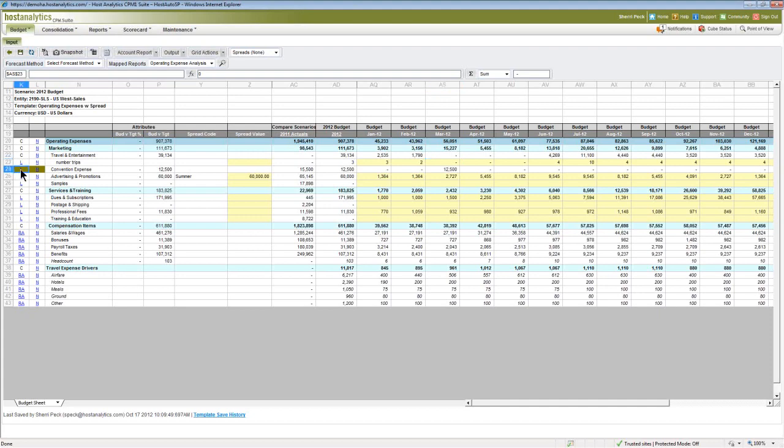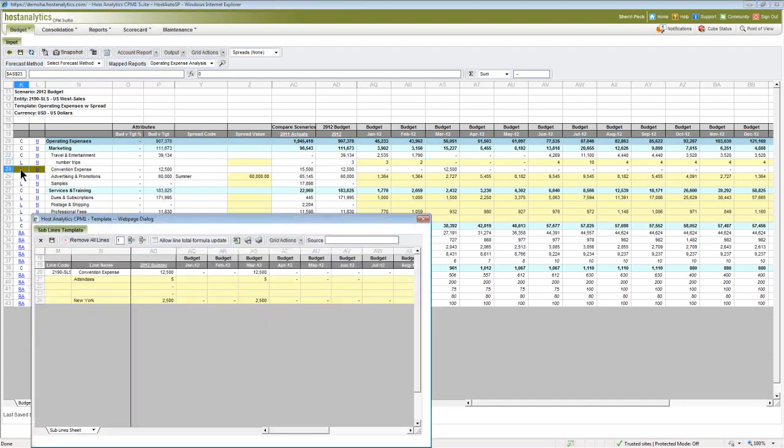Here it's even highlighted with green, so I know that I've got additional lines. And right now we've only budgeted for 1 convention in New York. So I can add additional lines. Let's say I know we're going to go to one in Chicago. And let's say we know it's going to be 3 people are going, and I may also want to just put in an amount.